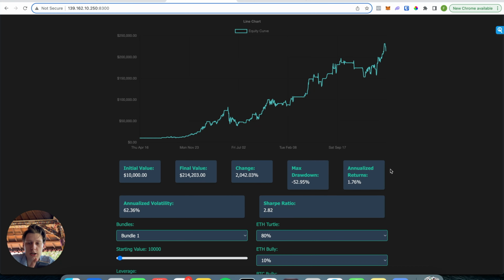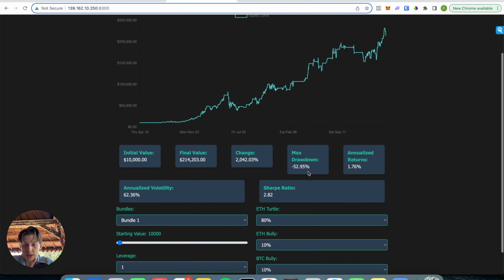can do. Which, with a very, very solid Sharpe ratio. If you don't know what the Sharpe ratio is, basically it shows you how good the profit as opposed to the risk of a strategy is, or volatility of a strategy is. And everything above a 1 is good, everything above a 2 is very, very good. This is a 2.8.